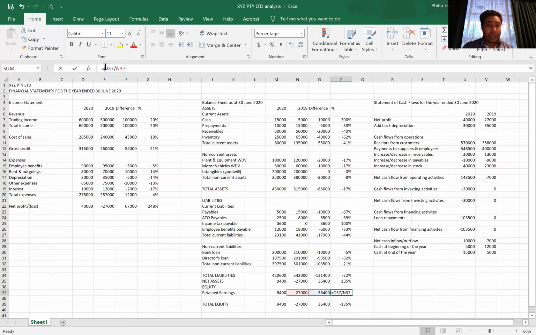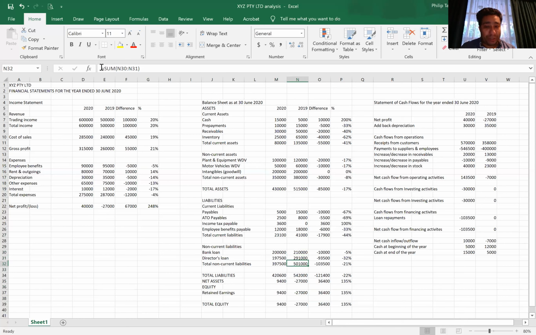So in this instance, we have a turnaround of $36,400 in the net assets and in the equity, which means it has improved or increased by 135% as compared to last year, mainly because of the turnaround of the loss into a net profit and because of repayments of